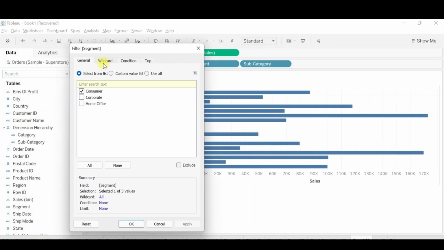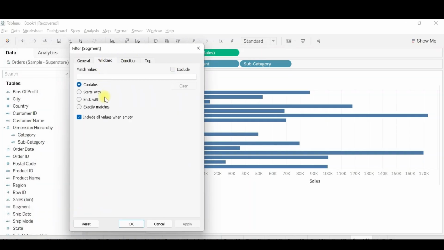Now, next comes wildcard. When we say wildcard, it provides a different set of values that we can incorporate here, and once we add the value we can choose whether we want the value to be contained in the filter, should the value start with that particular match value, should it end with the match value, or it should be an exact match.